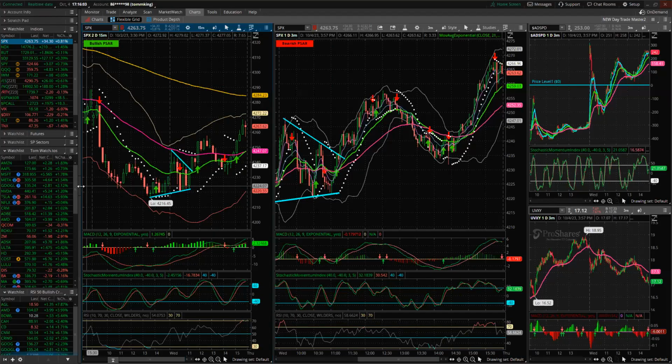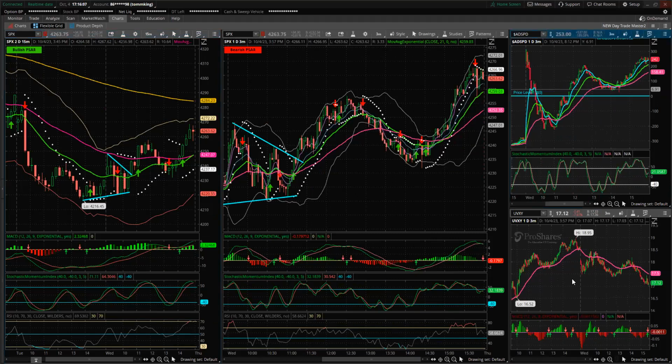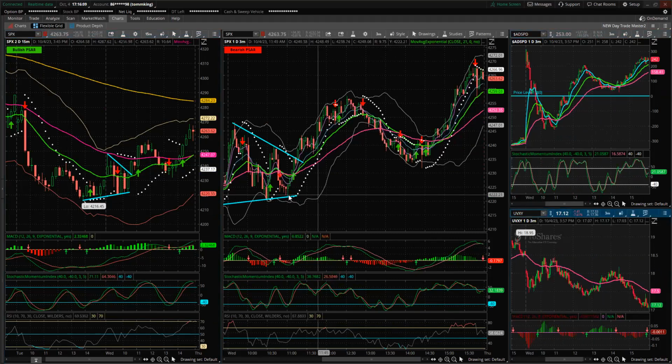Here's what we were looking at when we made those moves on the day. Right here around 10:30 in the morning, we were definitely in a downtrend. Here you can see I drew this downtrend line early. So we were in this downtrend. We had been moving down, down, down, down. On this bounce, we bounced all the way up here, and we hit the top. We made this trend and started to roll over on